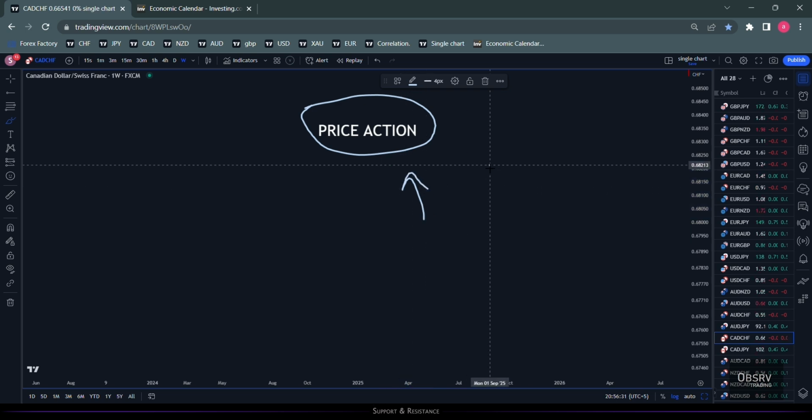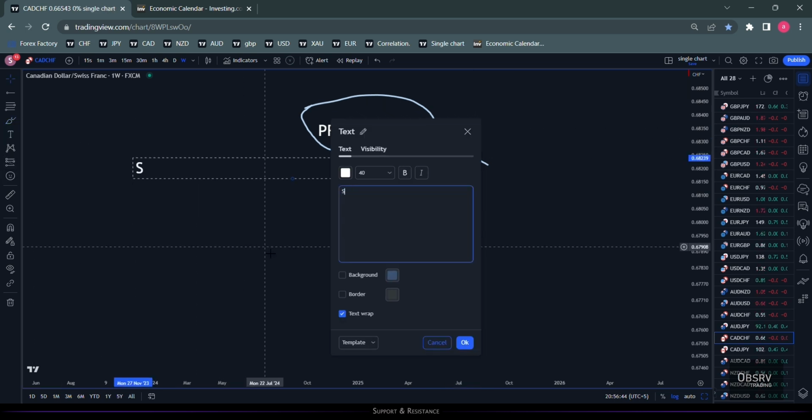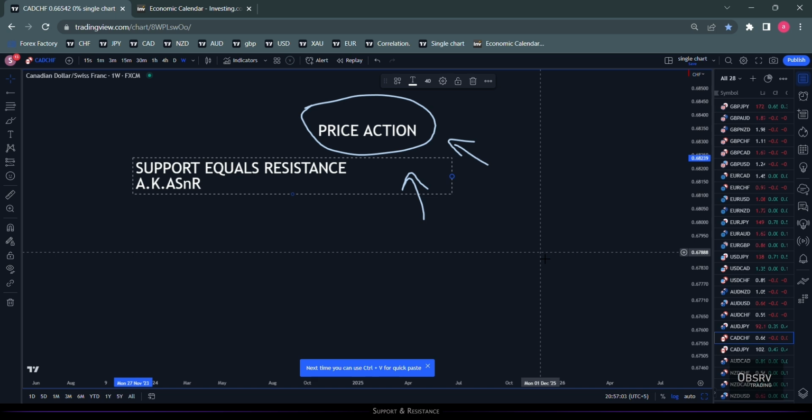So today we're going to start with some of the basics going around in the industry. And in this video, we're going to focus on support and resistance. Let's type that down here too. Support and resistance, also known as SNR. The shorter form is SNR. Okay, support and resistance. I'm pretty sure most of you would have come across both of these words.